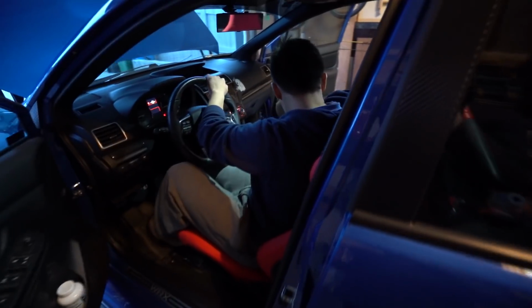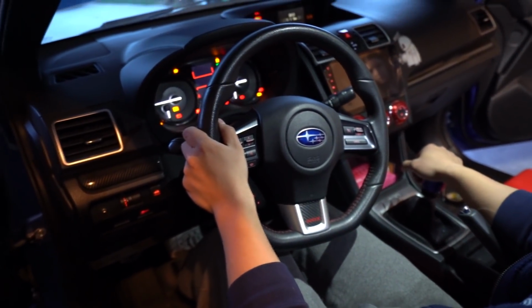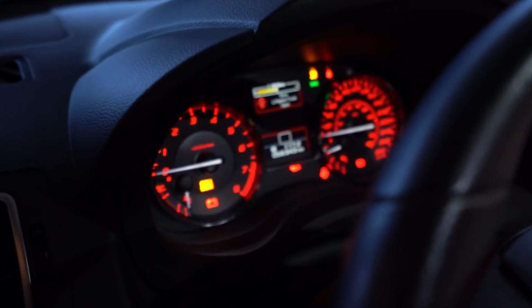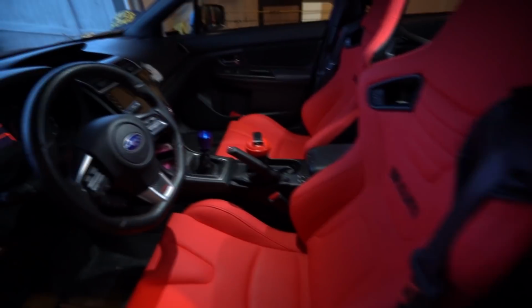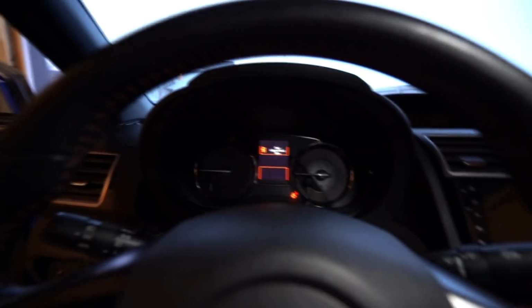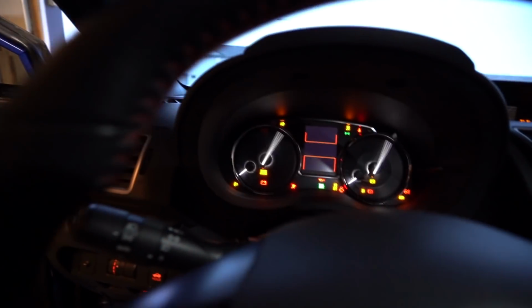The moment of truth. See if everything worked. It'll go away. Everything looks good so far. Yeah. And we are done. So everything worked, which is really good. These seats are so nice. You get in them, and they're a good height, a little bit higher than the Status Racing seats were. And now when we turn the car on, basically,